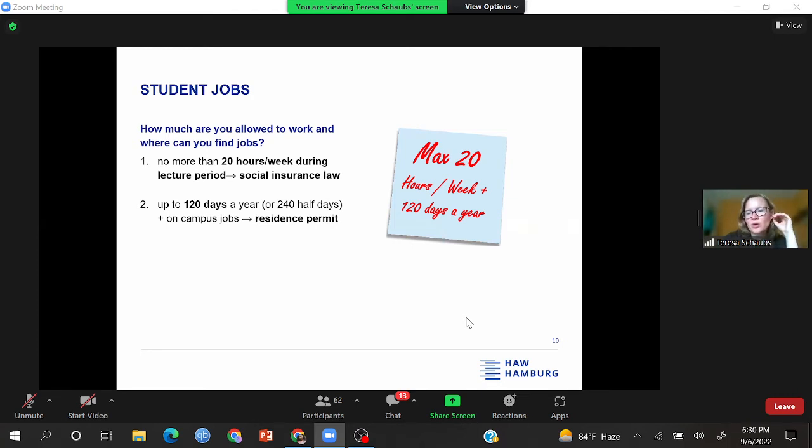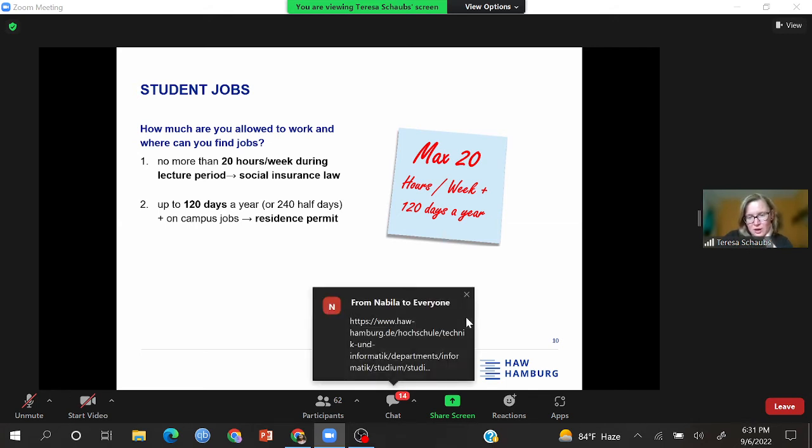And then you can work, for example, for the international office or for your faculty, for your professor, and all the work that you're doing there is not counted towards the days, but towards the hours. So you always have to make sure you do not exceed those hours if you want to stay in the student insurance that you have.